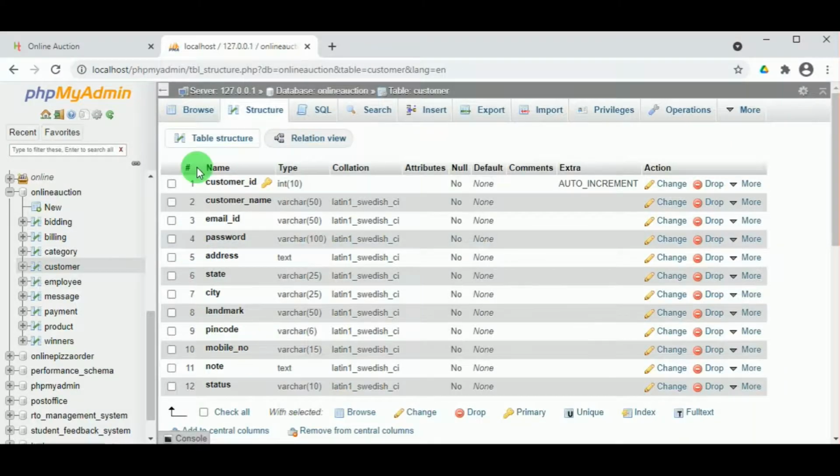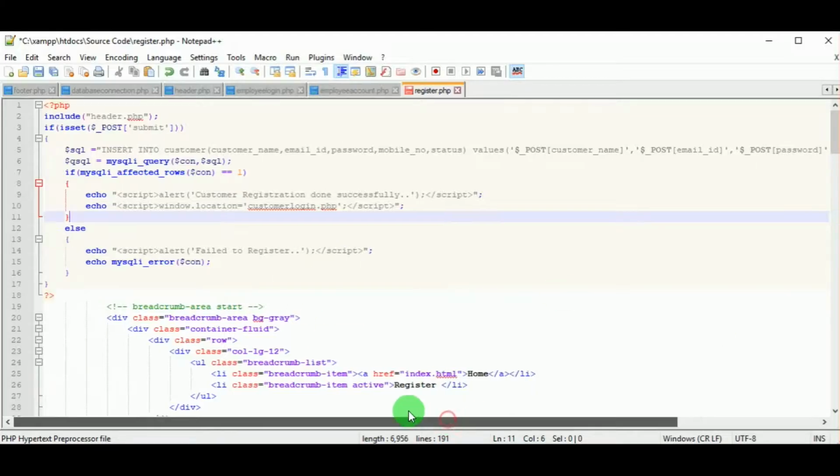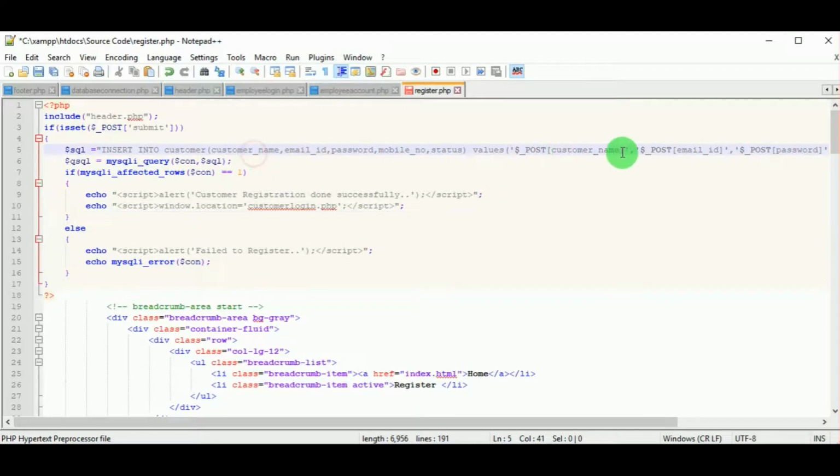So you can see the customer table here, it has got these many fields, and the fields we are using at registration are mentioned here, and only values for those fields are entered through registration.